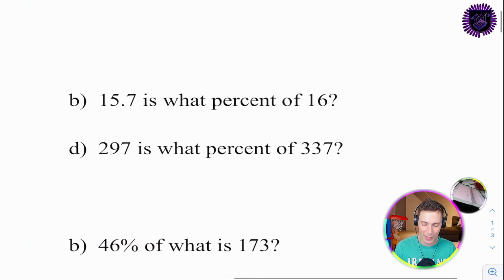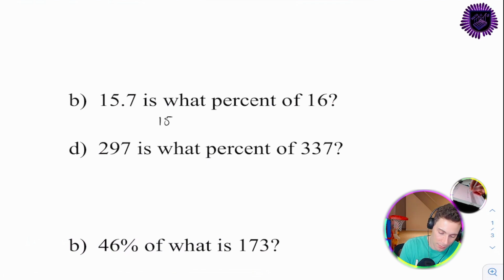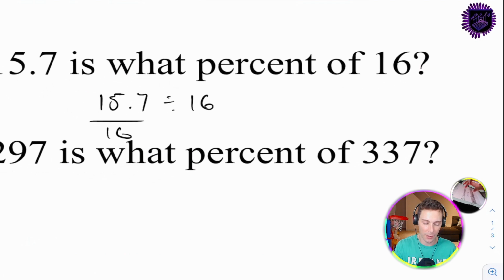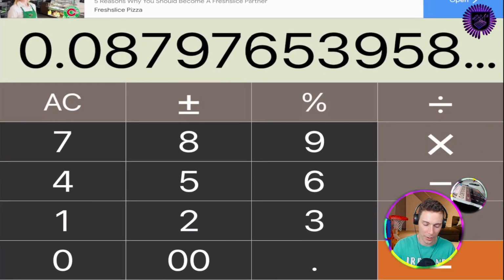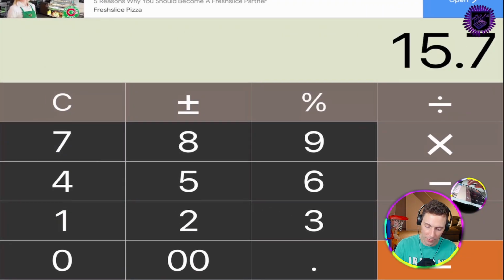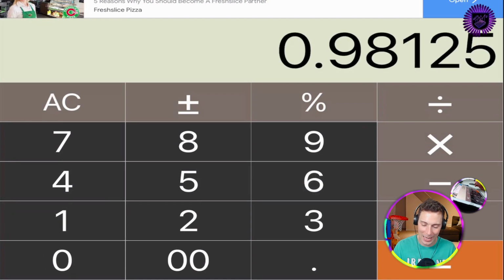Next one, 15.7 is what percent of 16? Now, this is interesting, because we're going to have a decimal above our fraction, or we can think of it simply as 15.7 divided by 16, which really is the same as over 16. It's either way, it's the same thing. But we don't usually write decimals and fractions together. So let's think about it this way. That's going to equal, I'm looking somewhere else for my calculator, 15.7 divided by 16 is equal to